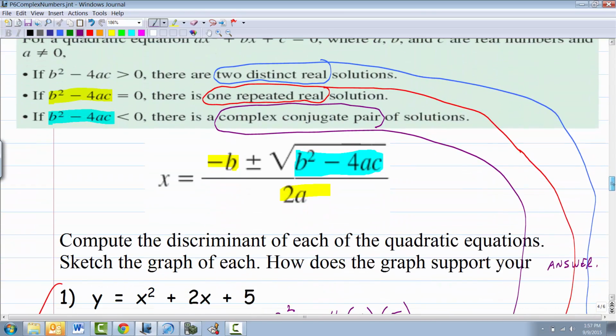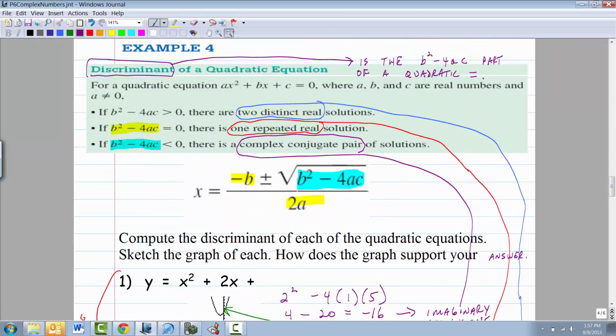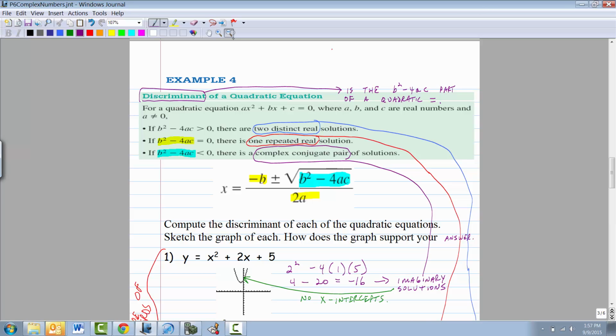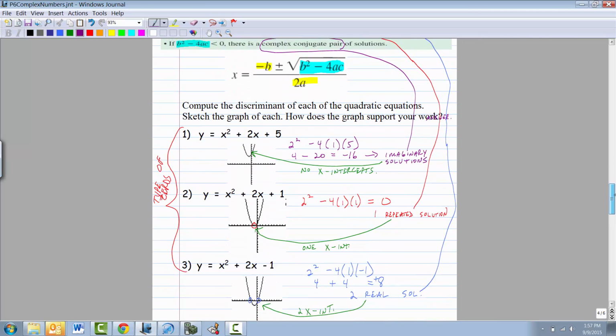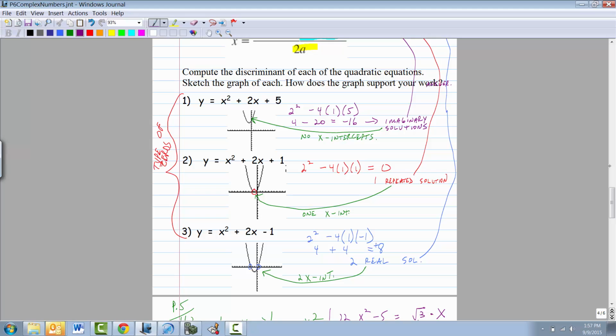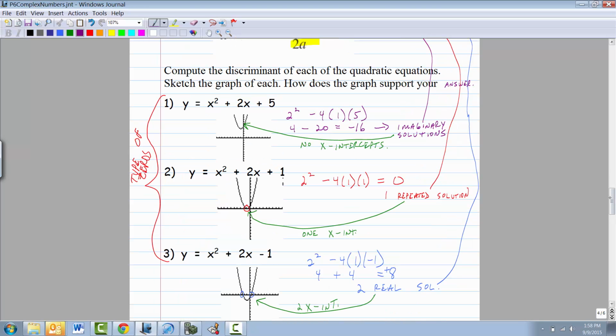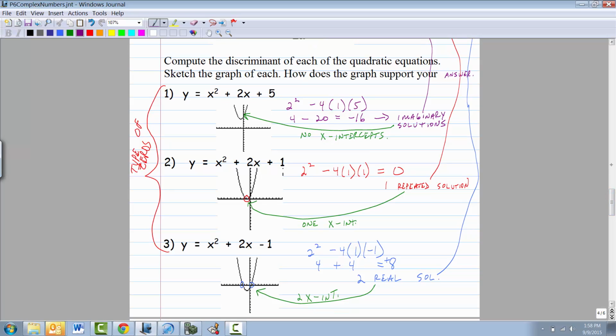Then as you put your stuff away, the rest of the homework talks about this, and I'm going to zoom it back so you can see all three of these questions and go up to the overhead here, whatever you call it, and talk about these three scenarios. So in the quadratic formula, there's something that's called the discriminant. How many people remember that word? Okay, I'm just going to go ahead and talk about what it is. You're not really using the discriminant. You're going to find the actual answers using the quadratic formula.